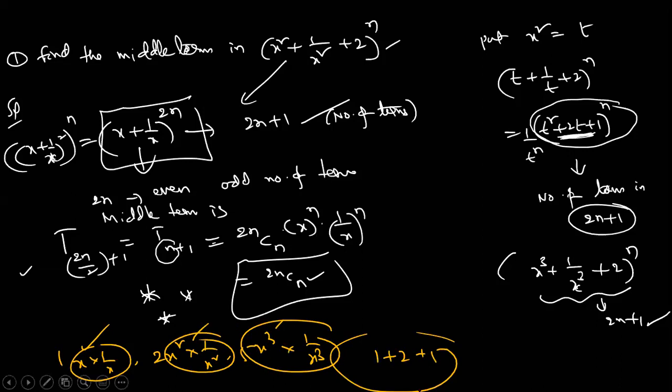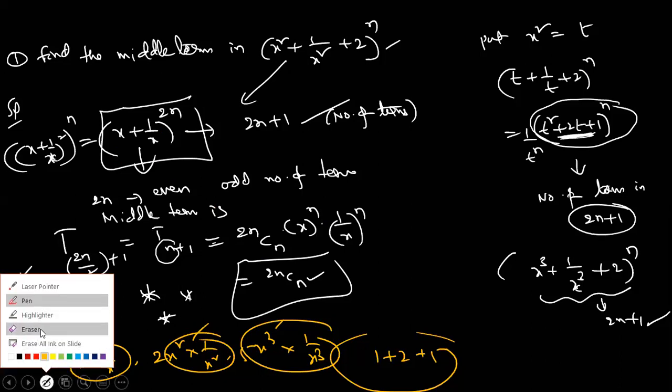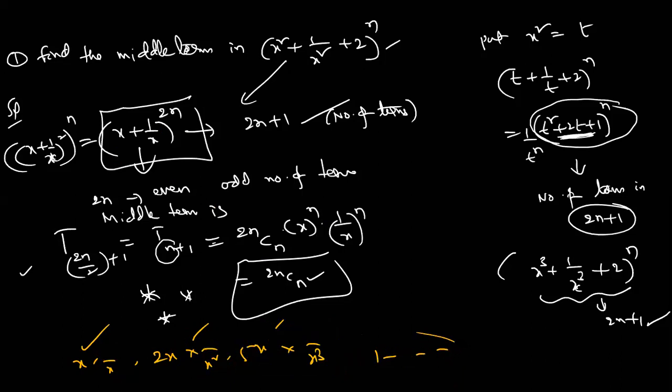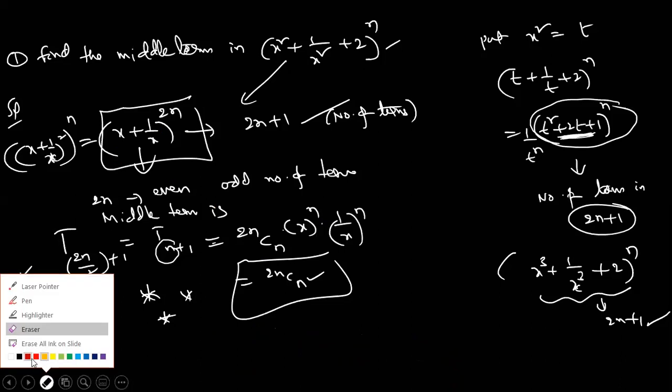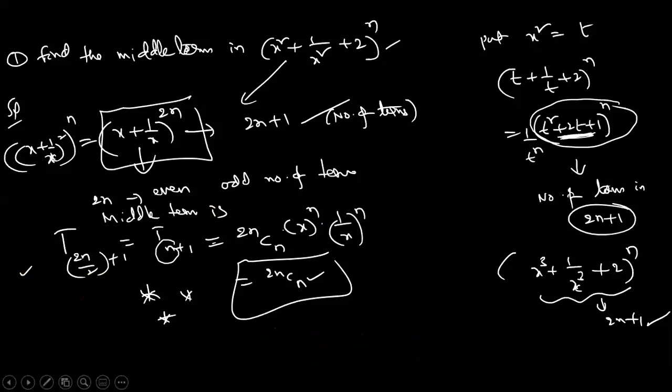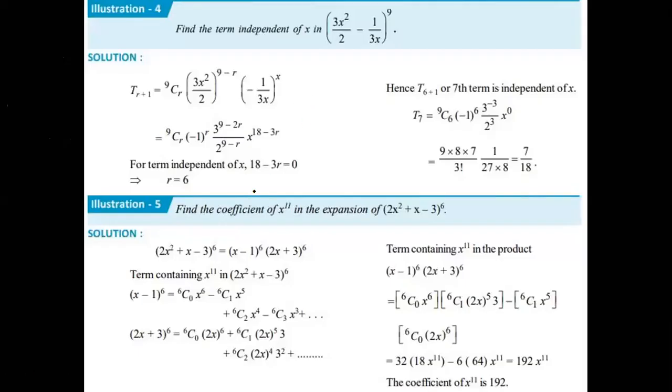Pawan Kumar, same formula. After cancelling some terms, you should count the number of terms. So I'm recording this point. Whenever you need, you can listen to this one. Now, I will give one more question. How to find the middle term? Let us see this one, all of you.